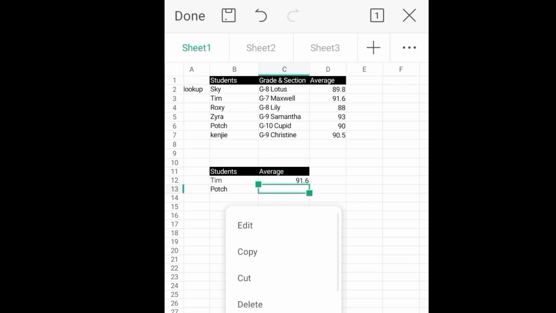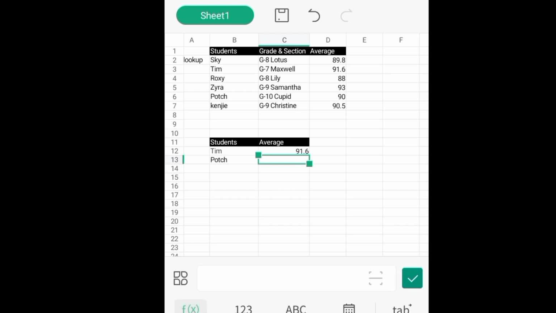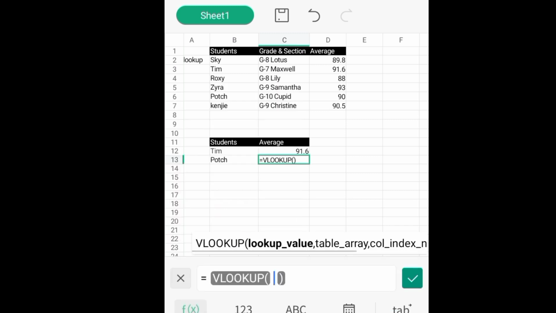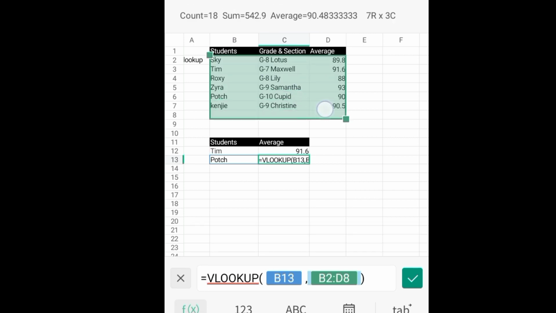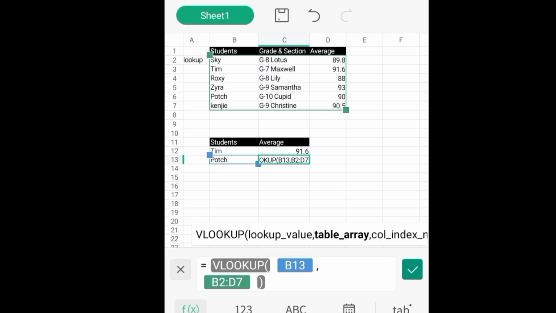And for Botch it is also the same process because VLOOKUP lookup value is Botch, and the table array is